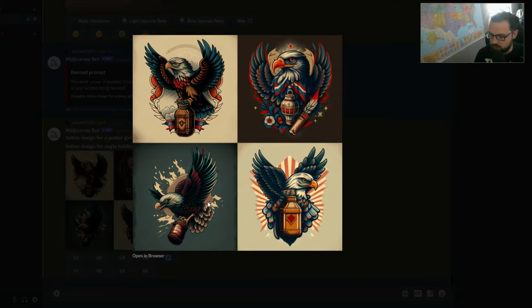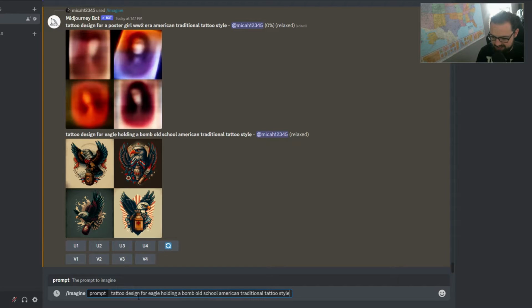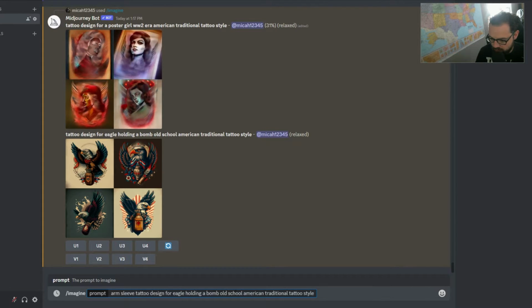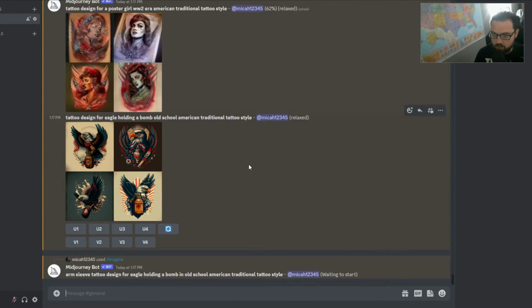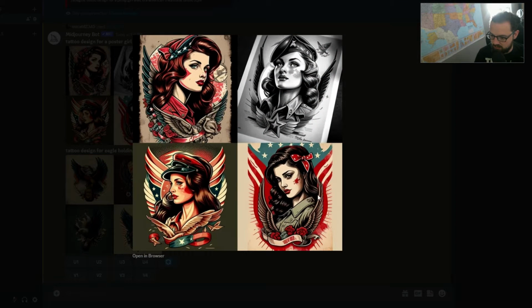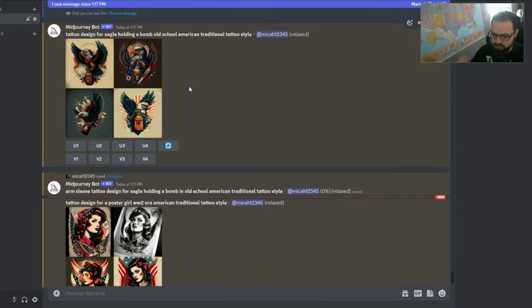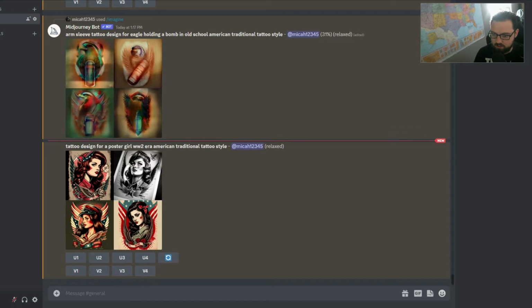Okay, cool. So we got some of these designs. They seem like graphics. So to maybe refine this, we could hit imagine, pass this in, and say arm sleeve tattoo design for eagle holding a bomb in old school American traditional style. Now this didn't really do what I was wanting it to. Not that it can't, you just have to play with the prompt to get things to work all the way out. And eventually we will be able to find the prompt that gets it to fit